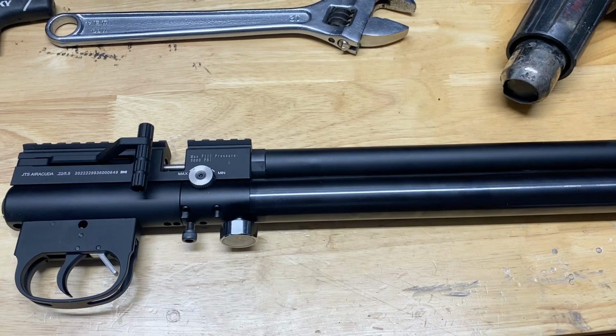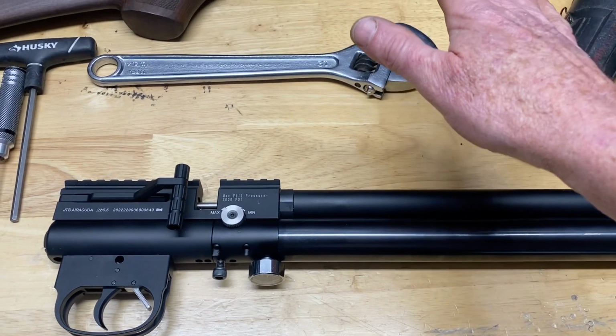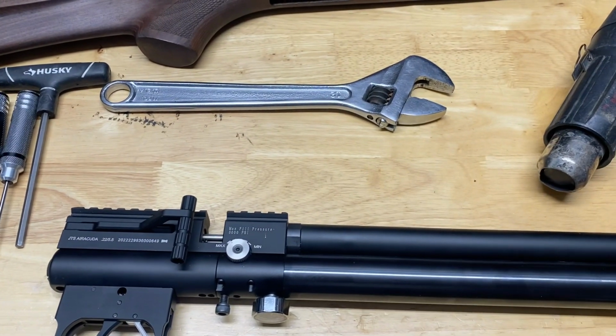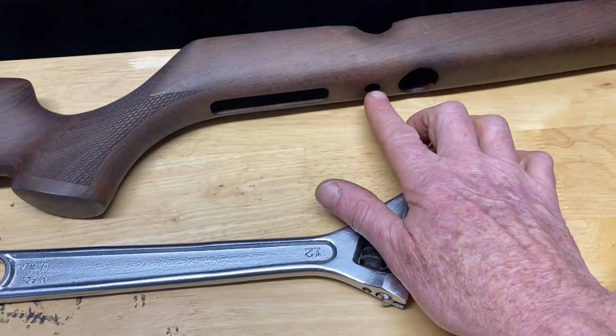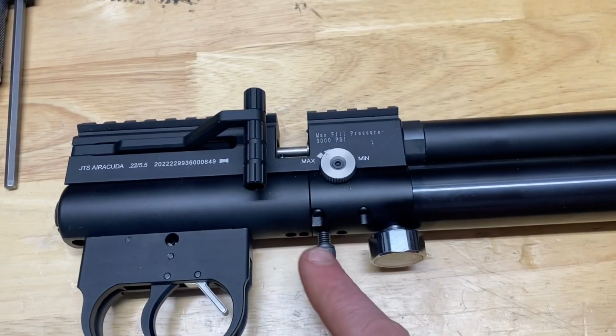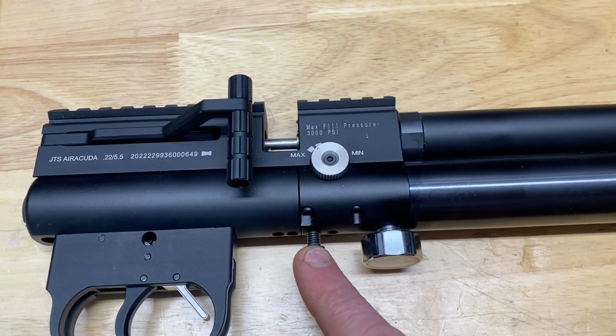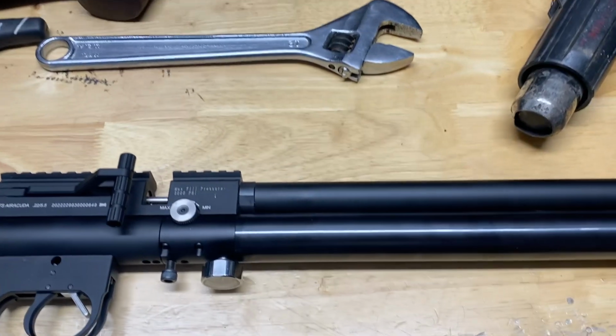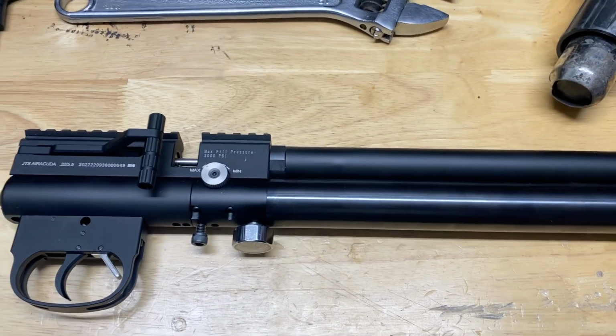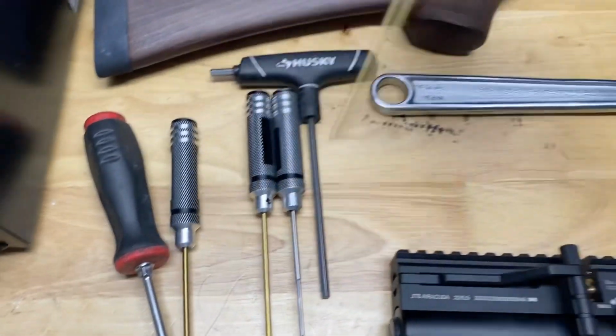And to perform this, we want to remove the stock off of the gun. Using the 5mm Allen, take the bolt out of the bottom of the stock. I put it back in the bottom of the action to not lose it, and then remove the stock off the gun. The next step would be to grab the